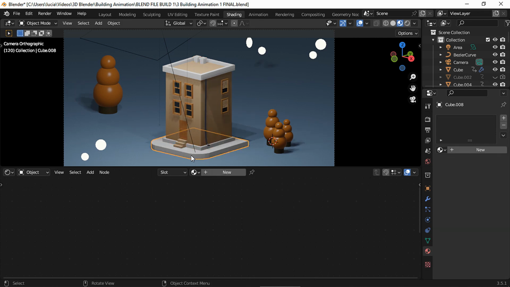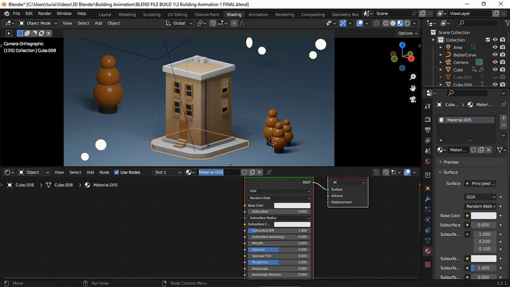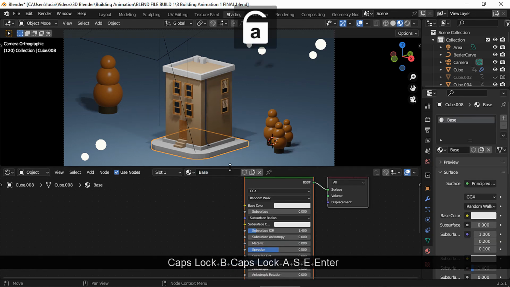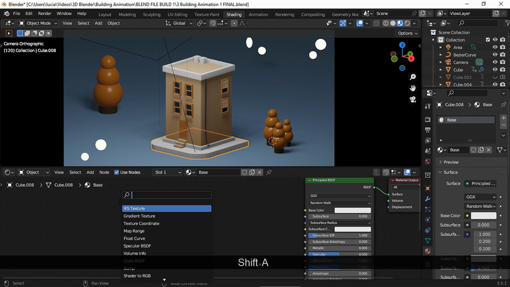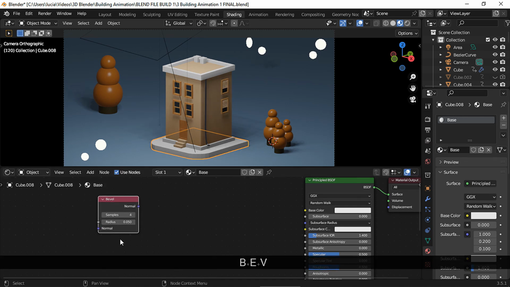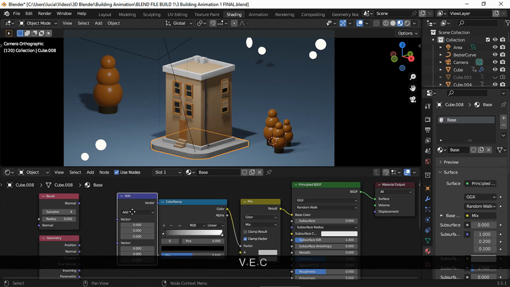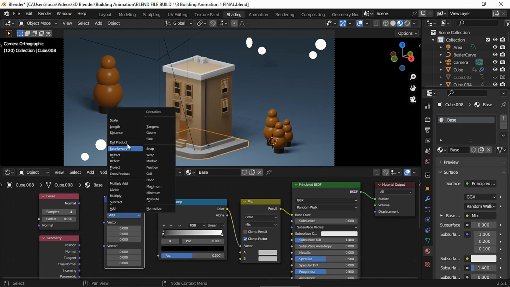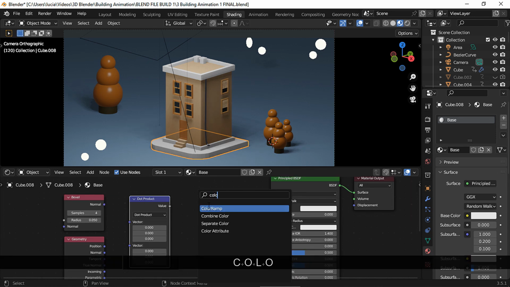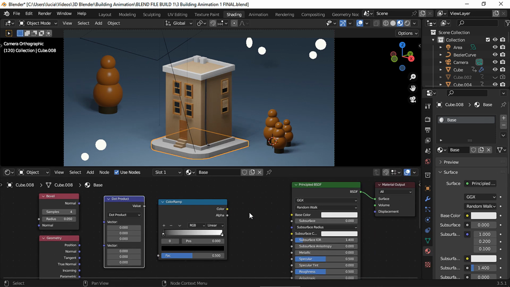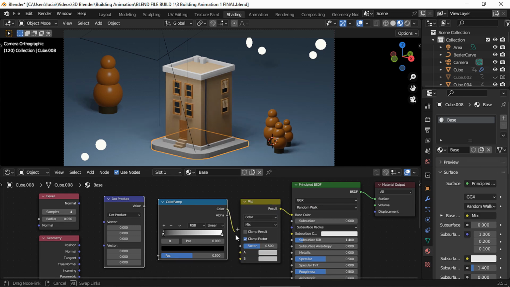Okay, so for this material I wanted to create a warm edge material, which is going to be visible in Cycles only. I'm pretty sure there are some easy alternatives on YouTube using other nodes. For this material I used a bevel node, a geometry node, a vector math. I changed the vector math node to dot product, a color ramp and a mix node. I changed this mix node to color. I connected all the nodes.